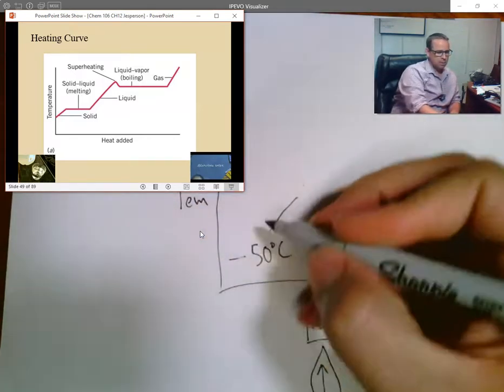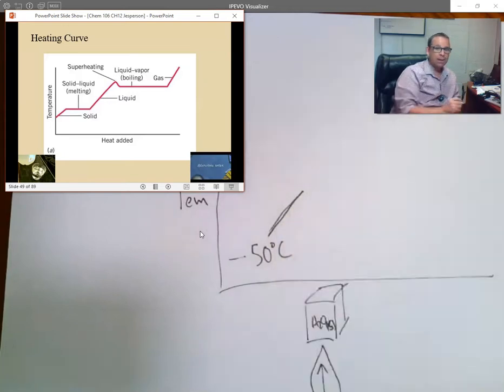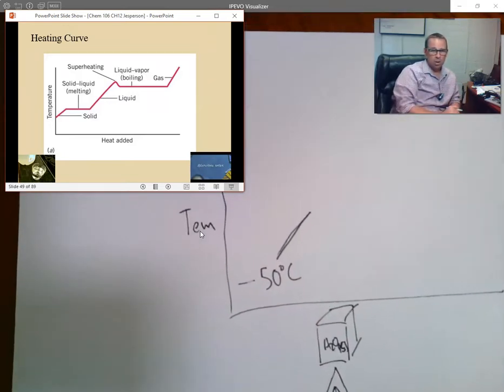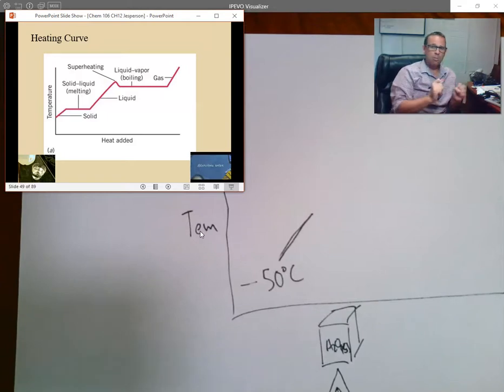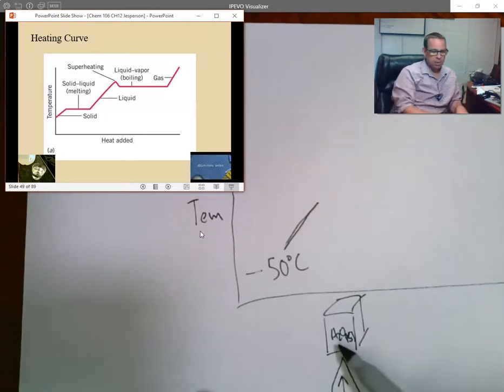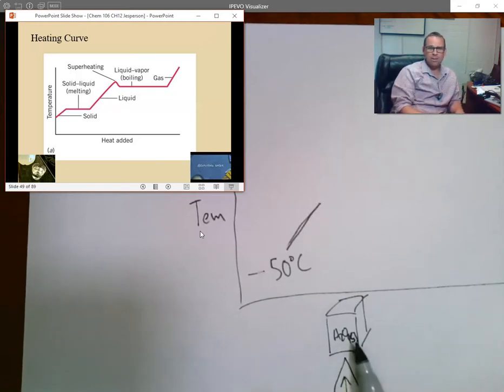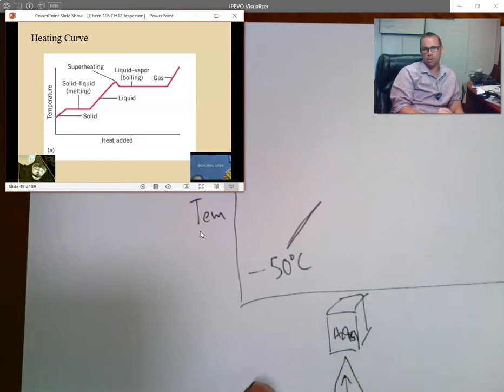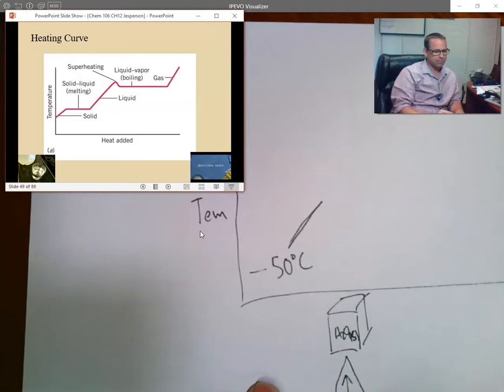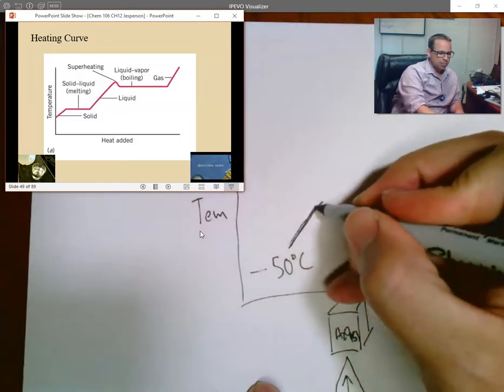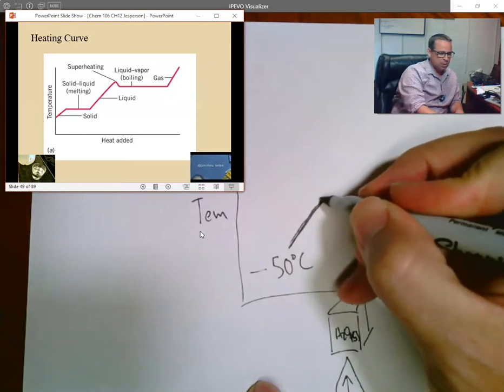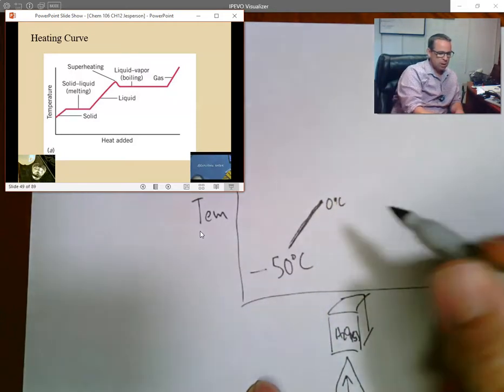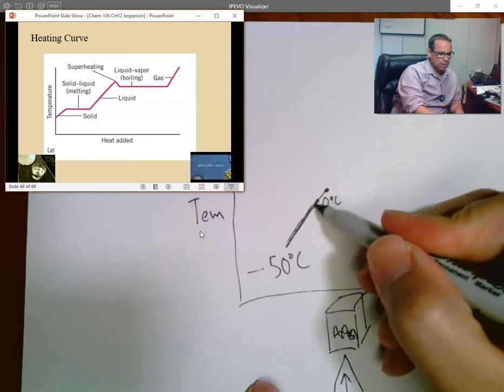If I monitor temperature as I add heat, the temperature will change until it gets hot enough that the motion of the molecules, and that's what we're doing when we're heating it, we're making the molecules move, is such that the molecules begin to receive enough energy to transition into a liquid phase. So we'll heat up from negative 50 up to 0 degrees Celsius. And once we reach 0 degrees Celsius,